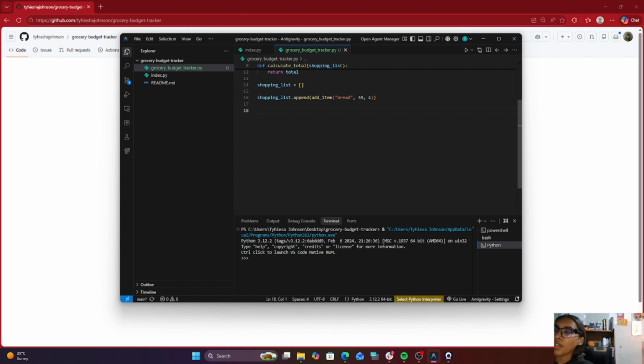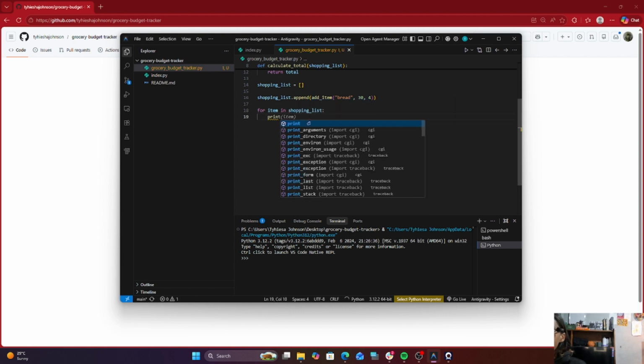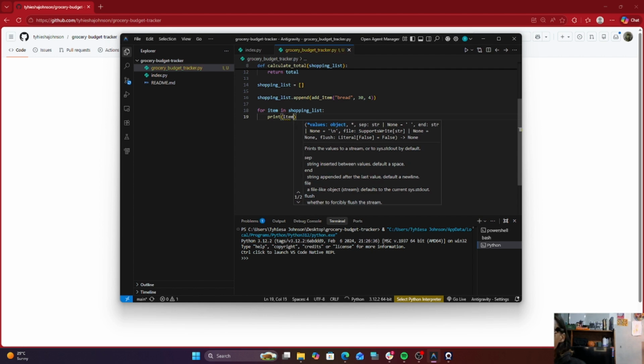And this is how much they cost. Cool? So we'll say for each item in the shopping list, print the item, we'll say the name,